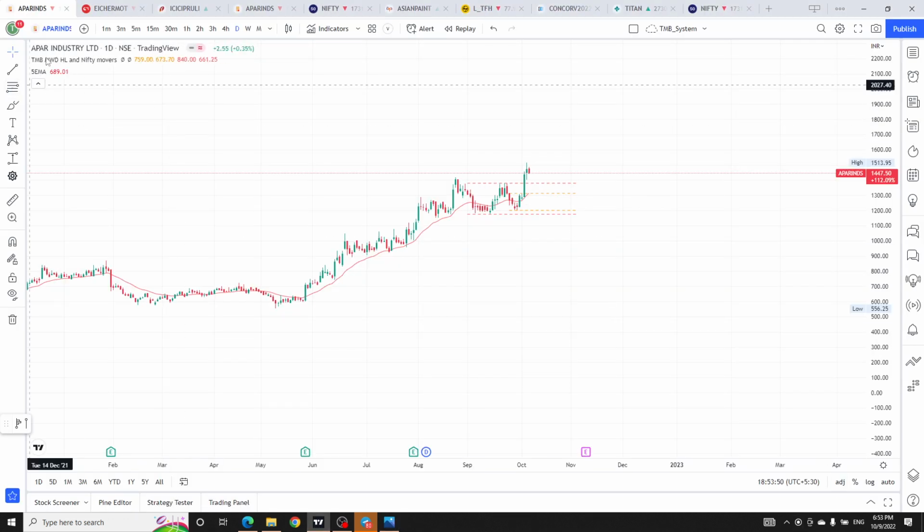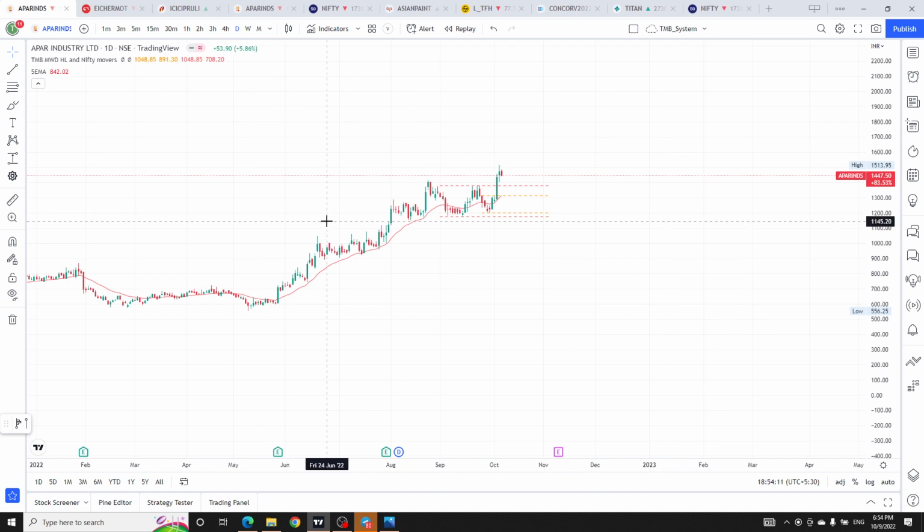Coming to the stock, this is APAR Industries Limited. Today I will discuss the price action and technical analysis on this stock, as well as the fundamentals of the stock. Coming to the technicals,